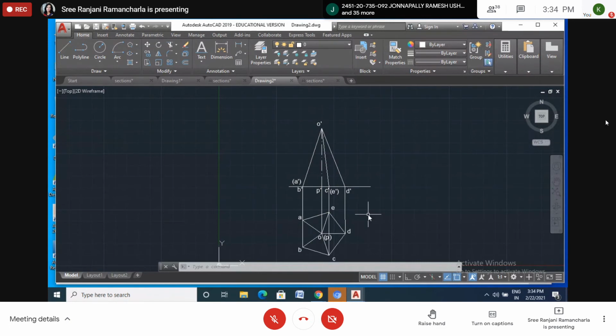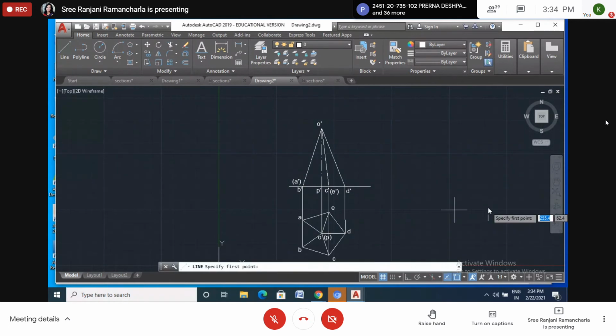Any one of you? 25 mm above the base. So the section is in what position, perpendicular to VP or parallel to VP? Perpendicular to VP. Okay, so from the base you have to draw one line.